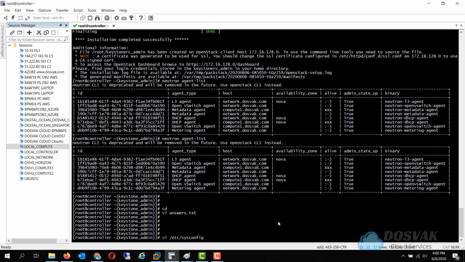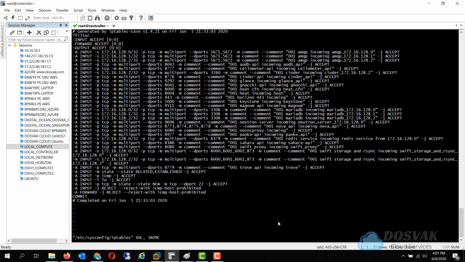/etc/sysconfig/iptables in your editor, and you can take a look at the rules on the controller. The controller has the RabbitMQ incoming connections allowed only for the network node, the controller node, and the compute node.